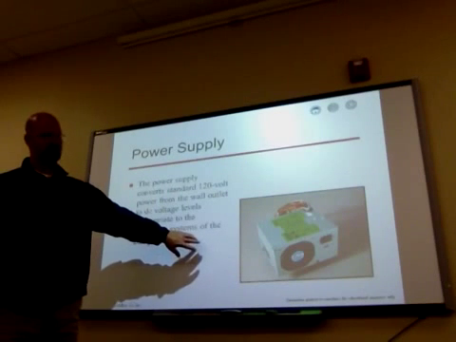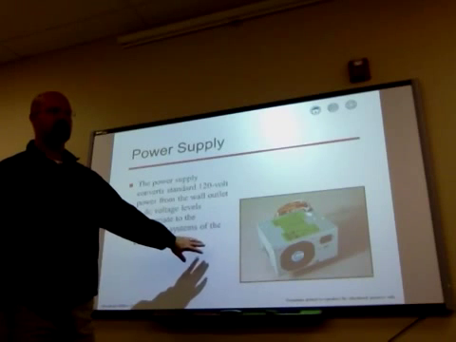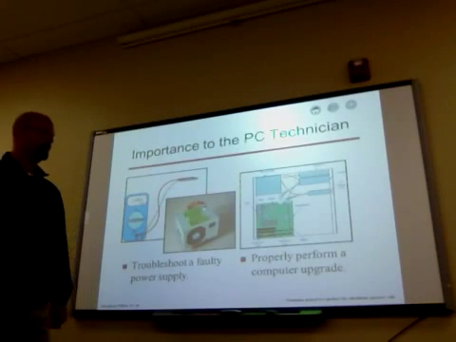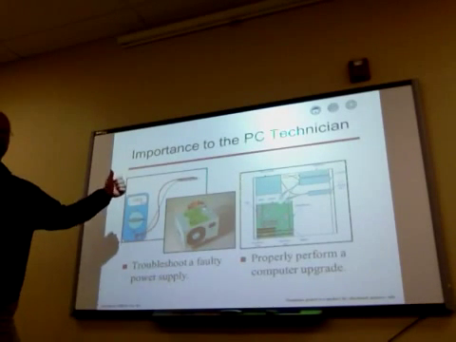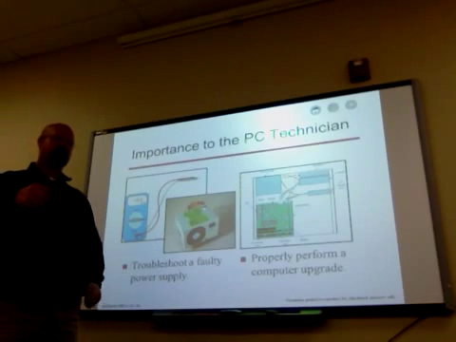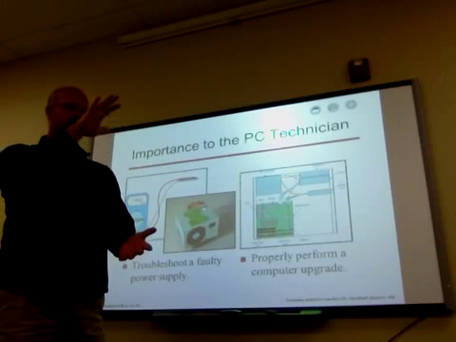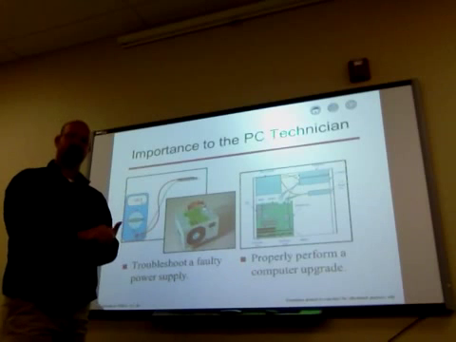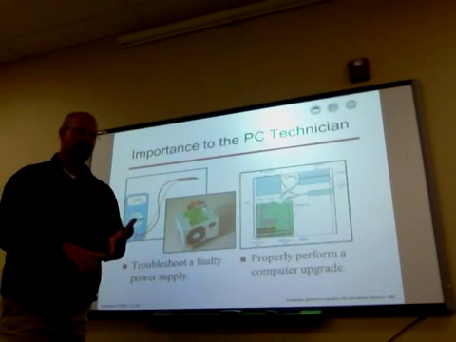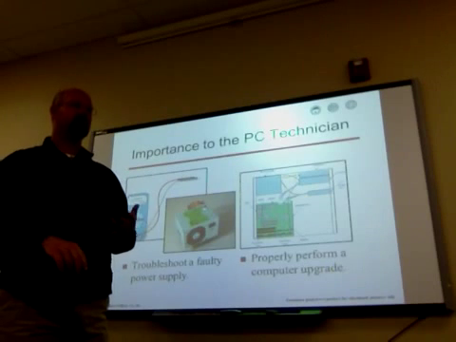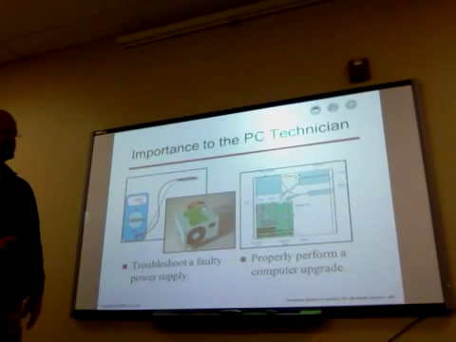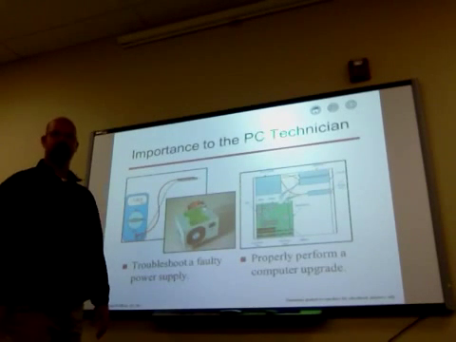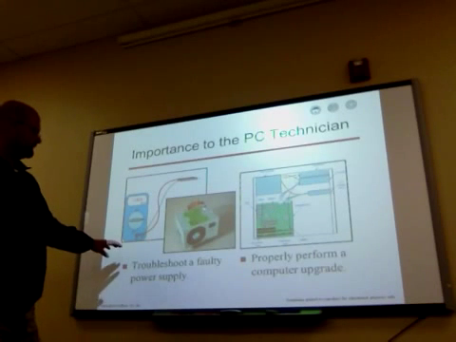Okay? Something else that it does that doesn't get mentioned much here is, what voltage levels do we deal with in our computer? Low voltage levels, right? We don't deal with 120 volts, do we? So that power supply is also taking 120 volts and bringing it down to voltage levels that are acceptable for what we're trying to accomplish in the PC, which typically runs from plus or minus 3, plus or minus 5, plus or minus 12, ranges like that, okay? Sometimes even lower when it comes to the CPU, like we talked about last week, right? Okay, so